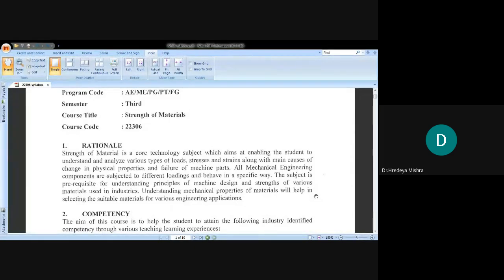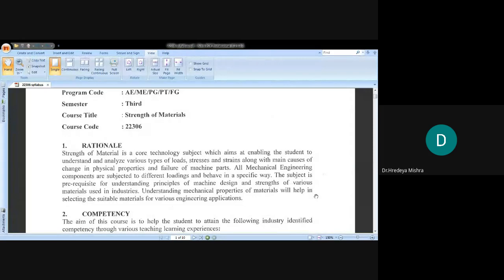We choose a specimen of a specific material like aluminum or cast iron, apply a tensile load from both ends, and see its stress strain curve. Because this subject is all about stress and strain,